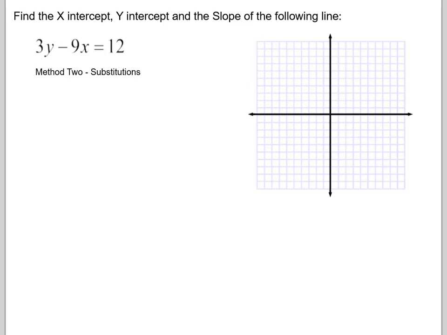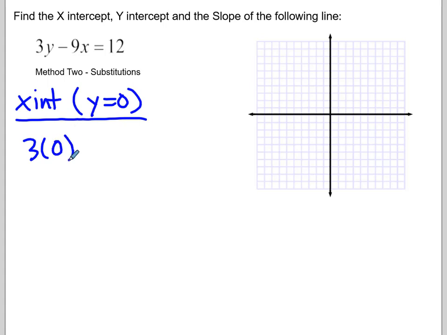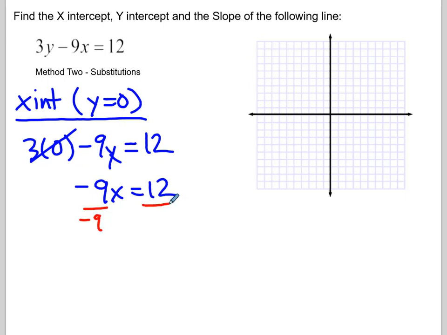So this is a strategy I use every single year, grades 9, 10, 11, 12. I write down x-intercept as the title. I know that every single x-intercept has a y value of 0. I take my equation and I substitute in a 0. That's an x. Okay, so now 3 times 0 is 0. So now I'm going to use my algebra skills to solve this little expression. So -9x equals 12. I divide both sides by -9, and I get x equals